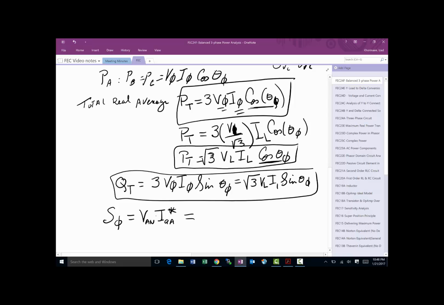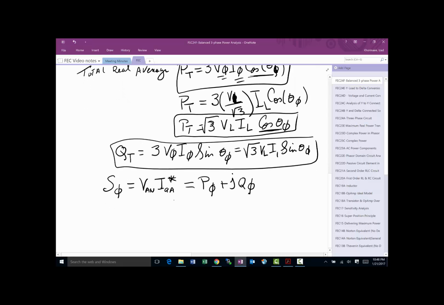And again, this will give us the result, from which we can find a V of phi plus j Q phi as well. Since regardless of which phase we do, we always end up with similar equations, we could also summarize the whole thing and say that the three-phase total is equal to this. All three have the same power, so the total complex